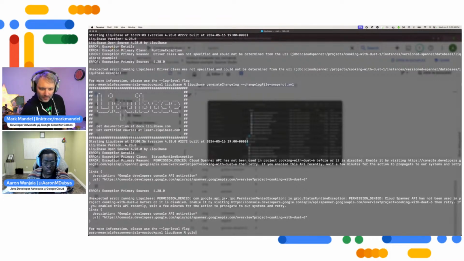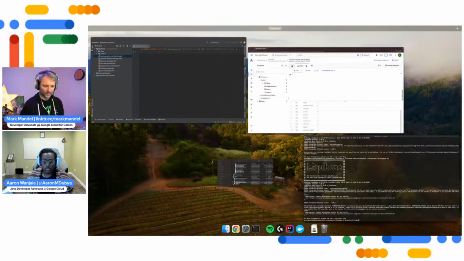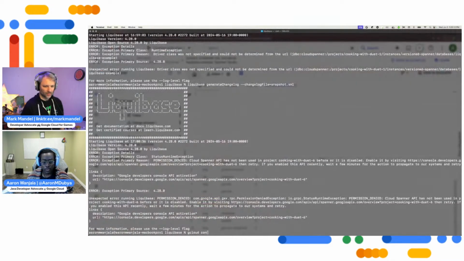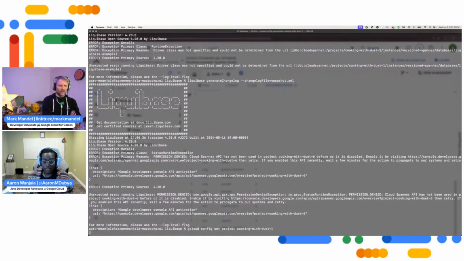So let's make my gcloud auth correct. I mean, I'm logged in. I don't have the right project config. That's an interesting question. Is the project not part of like the URL or? It is. It is part of the URL. But I guess